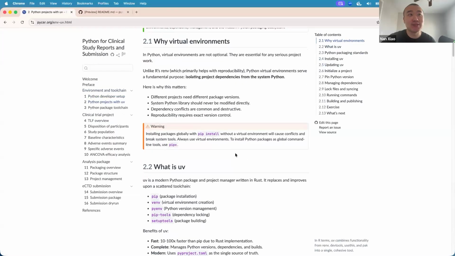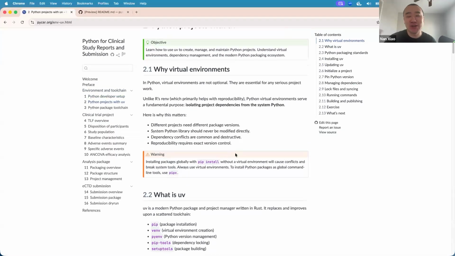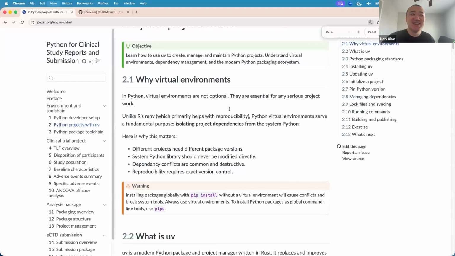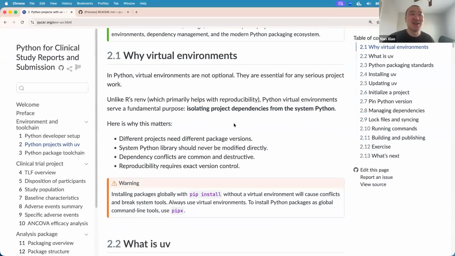Now, getting back to UV, right? Let me just make this larger if that's a little hard to see. Okay, I hope this is clear. So in Python, for very good reasons, you should always use a per-project Python and package library setup, right? Simply because there's very little centralized integration testing from the package registry side.